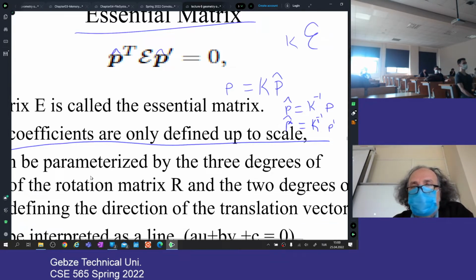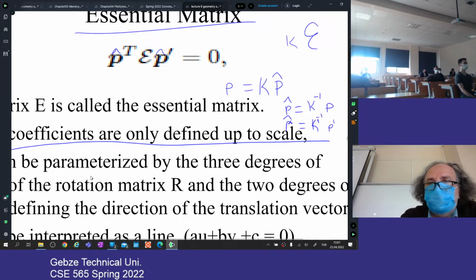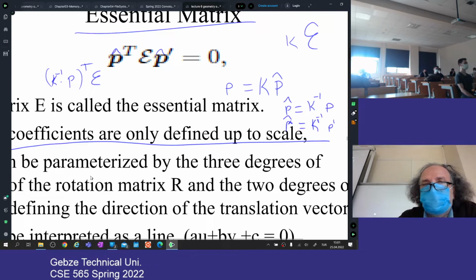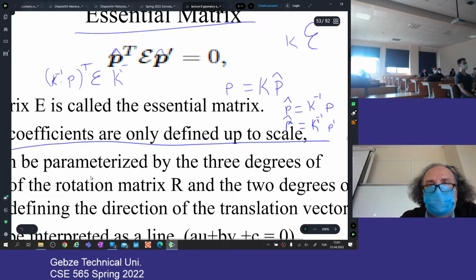I can say that, okay? So instead of writing P that way, let's write it that way. So it's going to be K minus 1 times P, of course transposed, times E, times, for the P prime hat, K prime minus 1